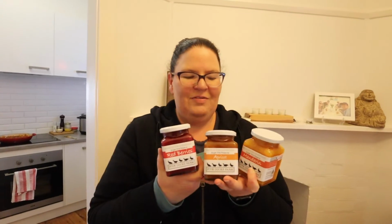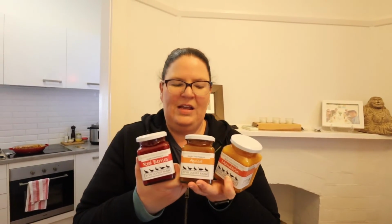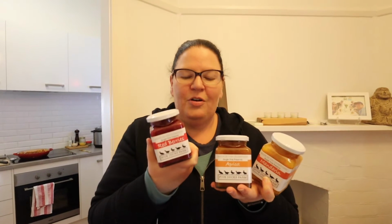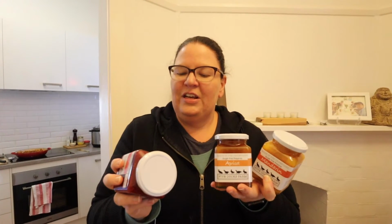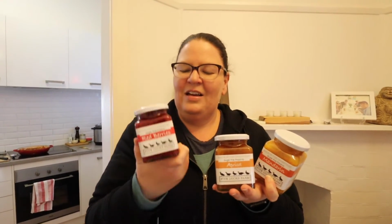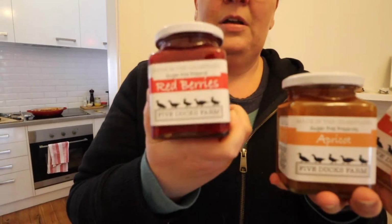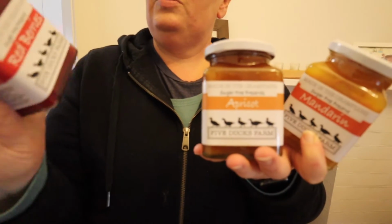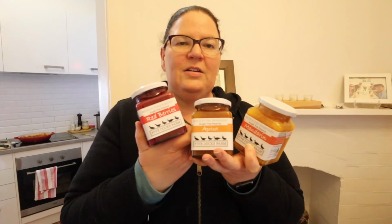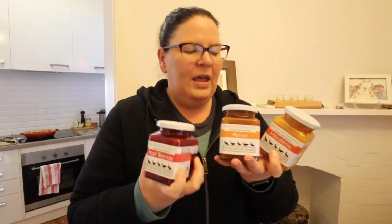And we also received these cool sugar-free jams. We actually met Anita when we were at Low Carb Down Under on the Gold Coast last year, and she runs 5 Ducks Farms and makes all of these. There's a berry jam, red berries, so what's it got in it? Raspberries and strawberries. They're all sweetened with xylitol, and